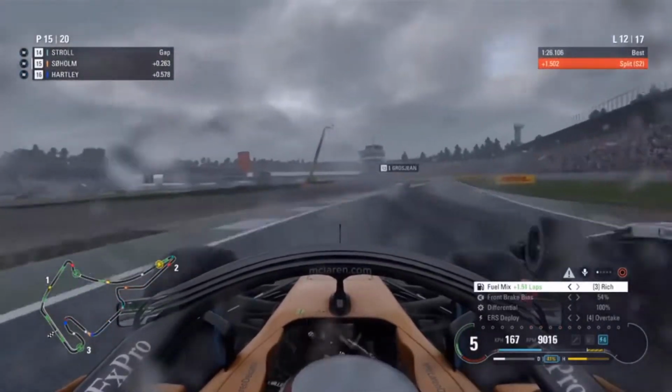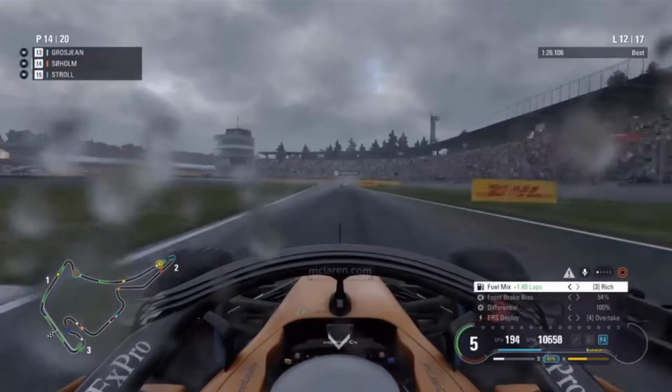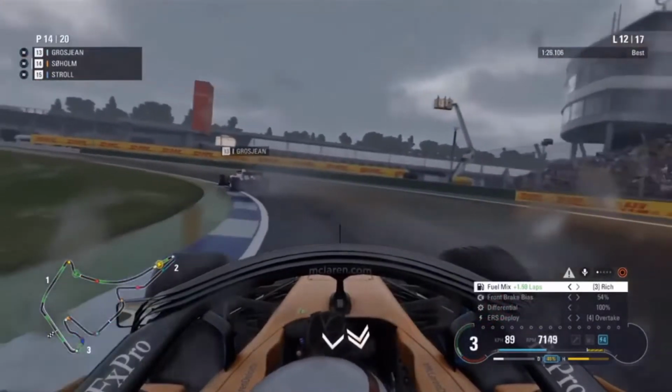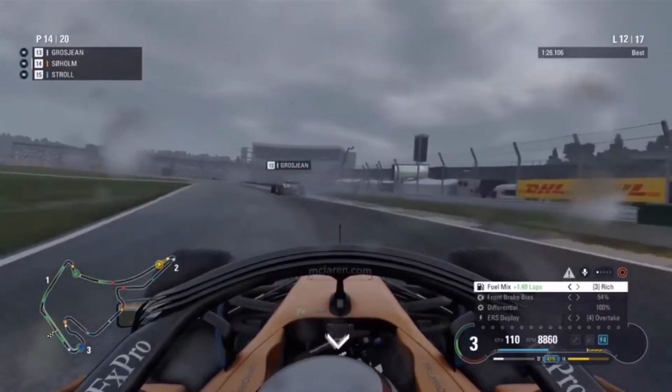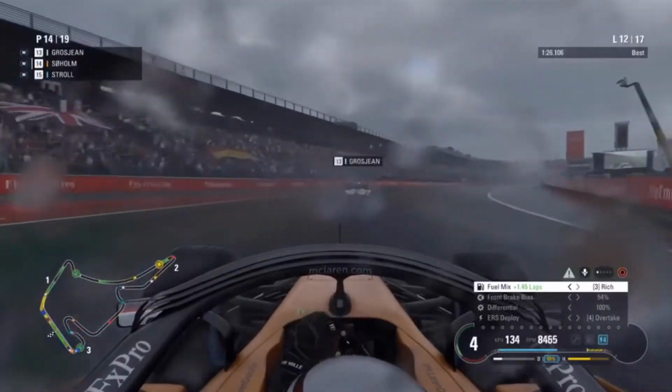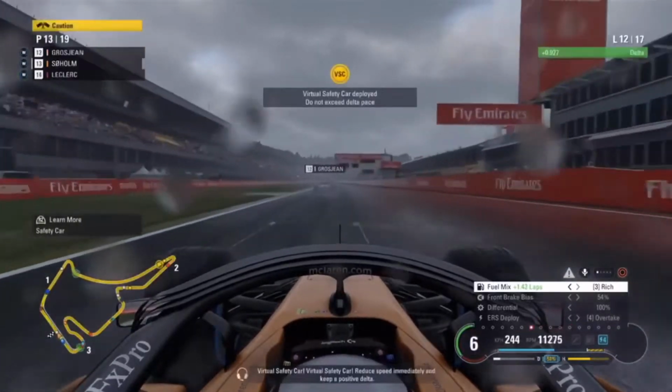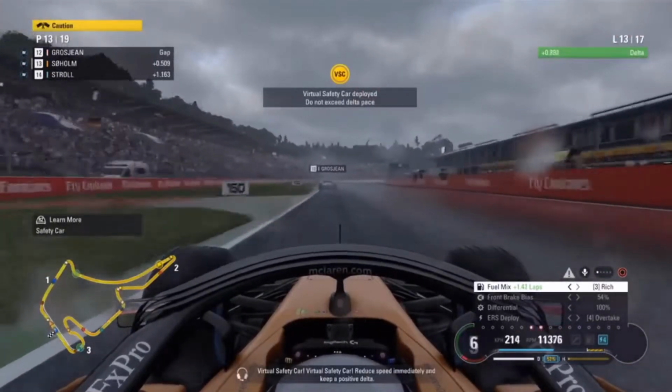As we go for a move around the outside of Mobil 1, is this going to be move of the race? If we can make it stick going into Sachs corner, we are going to have the inside line. We're going to get into 14th place. That might have been move of the race. So now we're behind Grosjean, but of course, as I said before, we're on lap 13, so it's going to